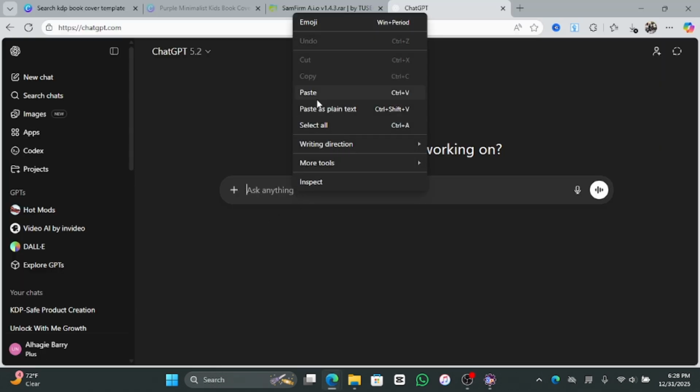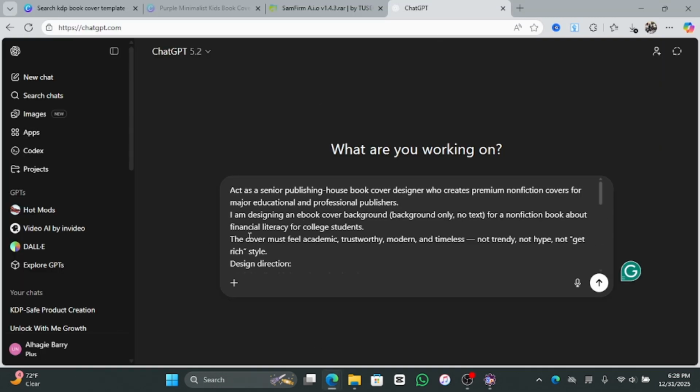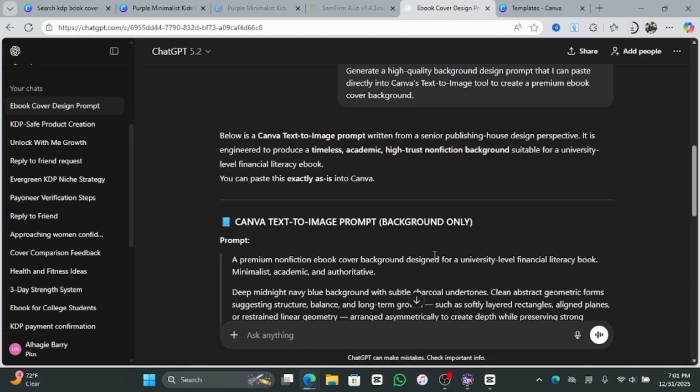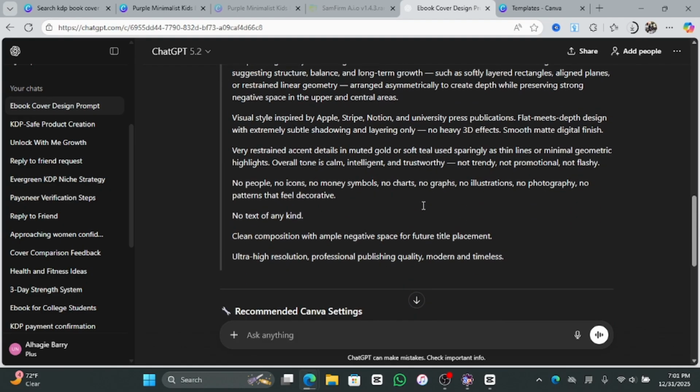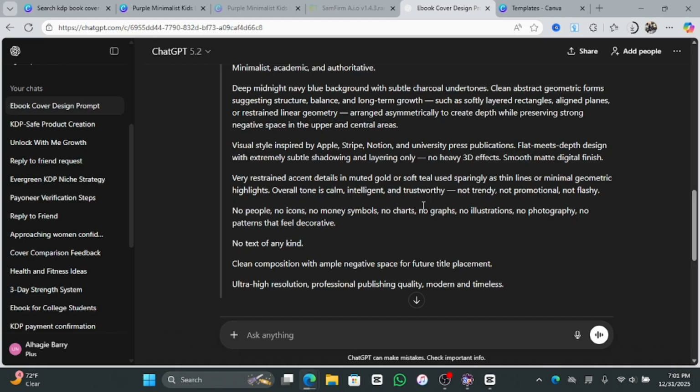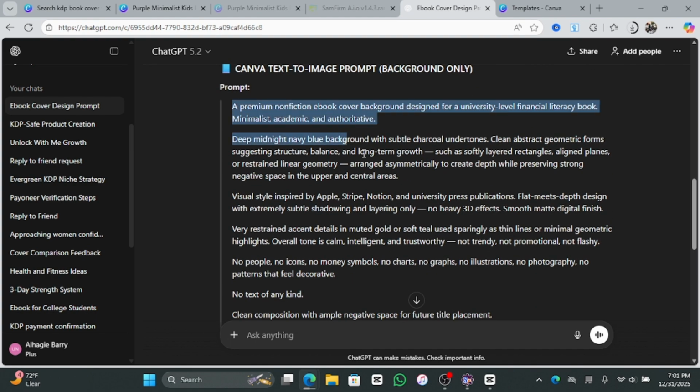Okay, so paste it here, and this prompt acts as a senior publishing house book cover designer who creates premium non-fiction. Boom, okay, here it is. So notice what I'm doing here. I'm not asking ChatGPT to design the cover. I'm asking it to think like a senior book cover designer and give me a prompt that I can use inside Canva. This is how you get professional results. Copy the prompt